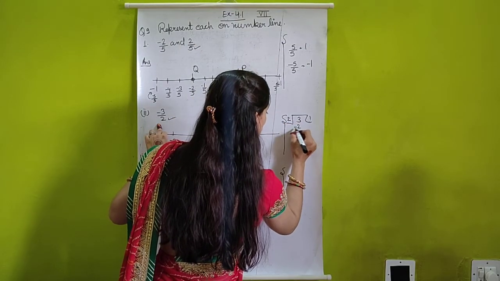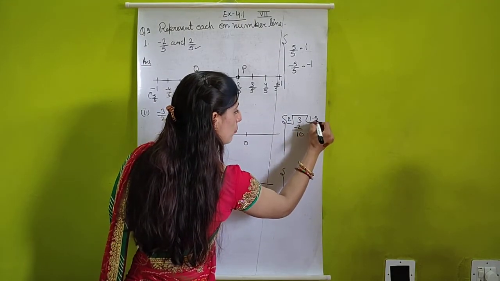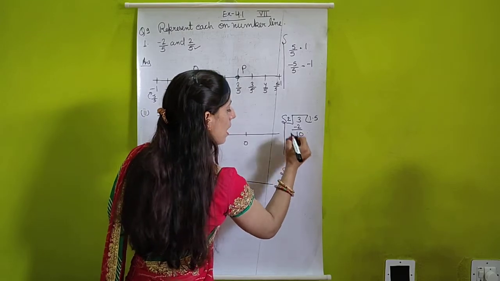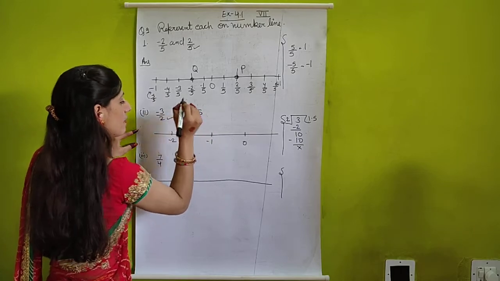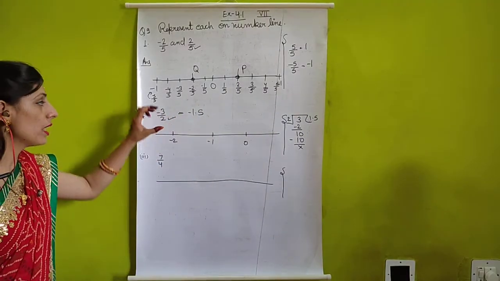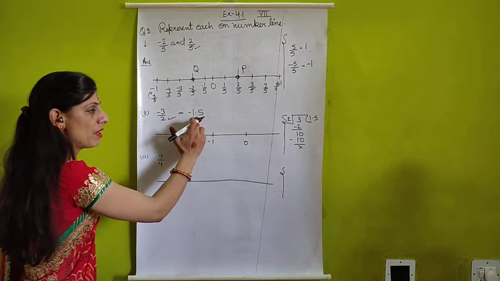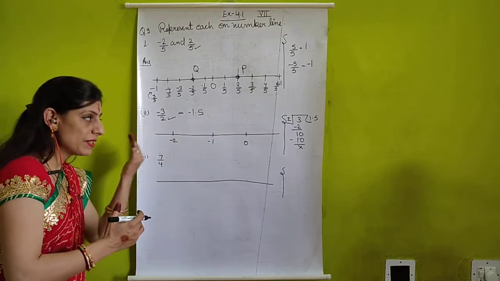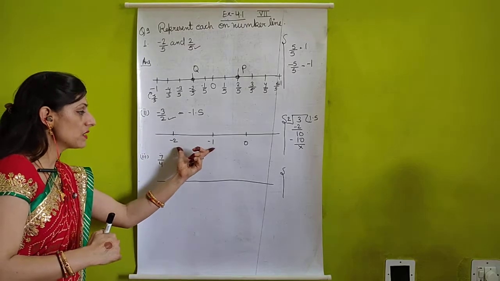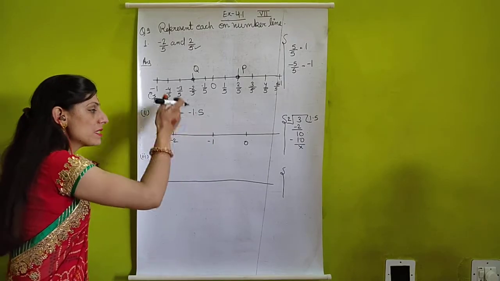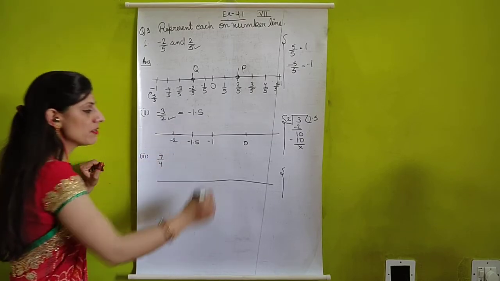Here 2 ones are 2, then 1 will come. Now you can place the decimal point, then 0. Now 2 fives are 10. So students, your answer is 1.5, and the minus sign will come as it is. It means the answer of minus 3 upon 2 is minus 1.5, and this minus 1.5 will come on the left-hand side of 0, exceeding 1, between minus 1 and minus 2. 1.5 means the midpoint of minus 1 and minus 2. So here you can represent minus 1.5.